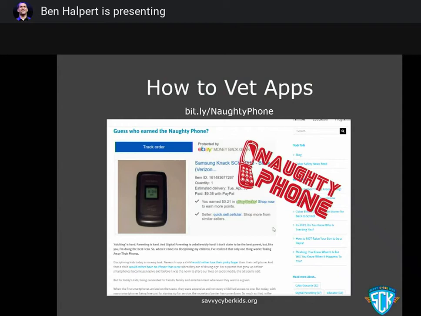So the first time we took it away from our eldest daughter, her school went on lockdown and she didn't have a phone with her. So she came home from school and she was very upset about that. The second time that she actually lost her phone because of something, again, not related to technology, there was a tornado in the area and they had to go shelter in place. The third time, something else happened. I don't remember what it was, but it's detailed here in the blog.